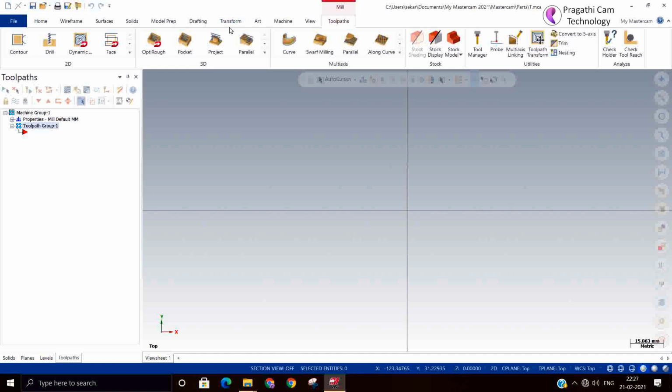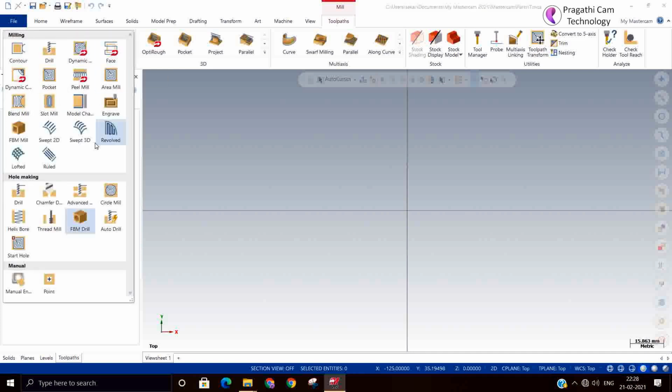Those who know Mastercam V7, V8, V9 have used these toolpaths very well. Maybe new people don't know this toolpath or have not used it.